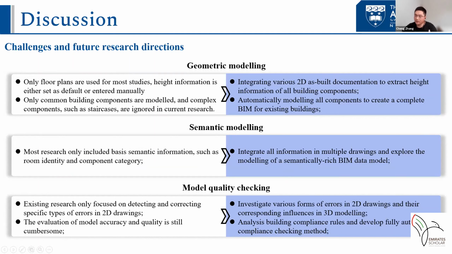And for now, only common building components like the wall and the column are modeled, and complex components such as staircases are ignored in current research. So future research needs to further study the automatic modeling of these complex components. And as for the semantic modeling, most research only included basic semantic information such as room identity and component category. So future research needs to integrate all the information extracted from various drawings and explore the modeling of a semantically